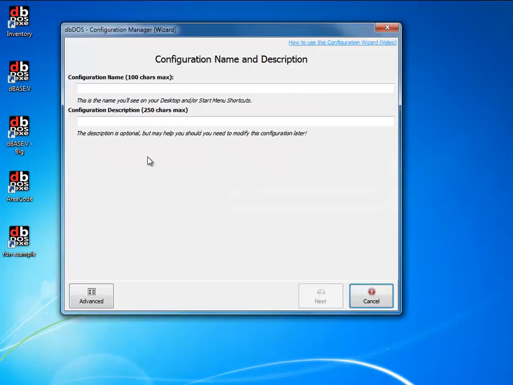To create a new configuration for a shortcut for dbDOS, all we have to do is click the new configuration. The first thing that comes up is the configuration name and description. First thing I want to do is put in a name for this. So I'm going to call this dbase 5. And we're going to call this example 1. Now that I know the name, and now I have a description, I can go ahead and click